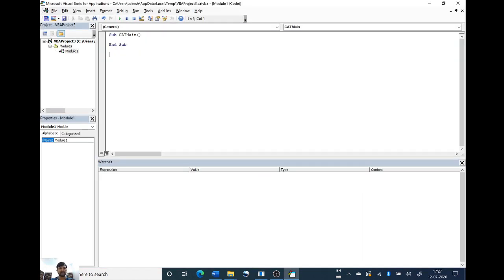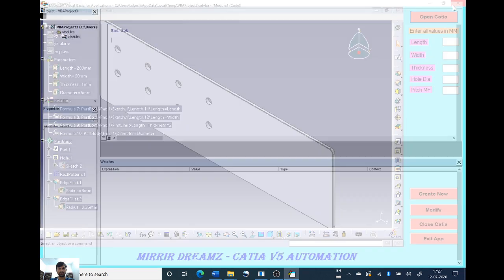Edit. We can see that the user interface is much different. Right now I cannot explain how this is going to be helpful for you, but when comparing with CAD script, the VBA projects are much more advanced. Let me close the window.